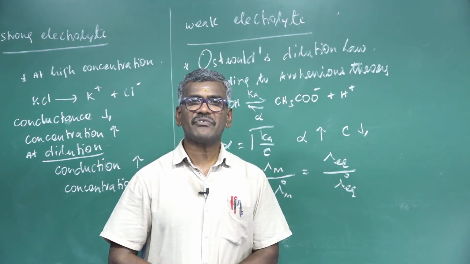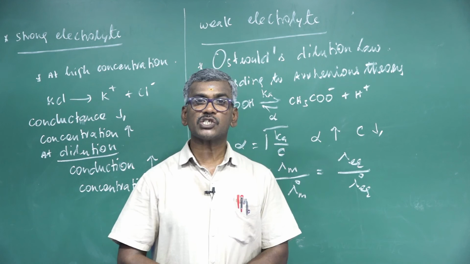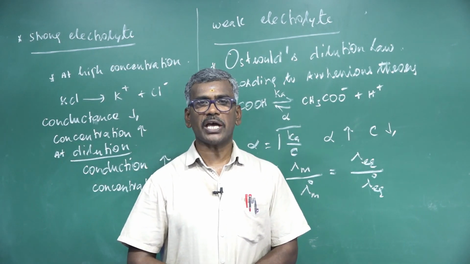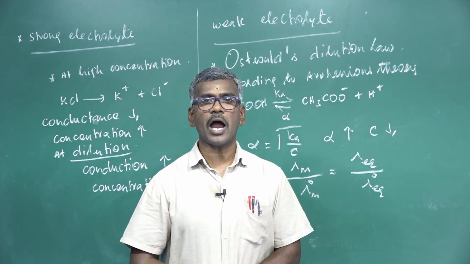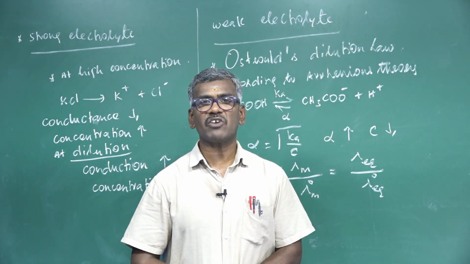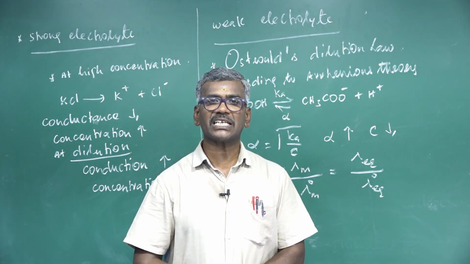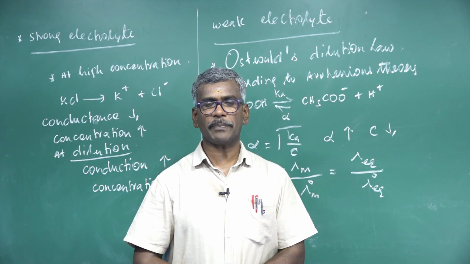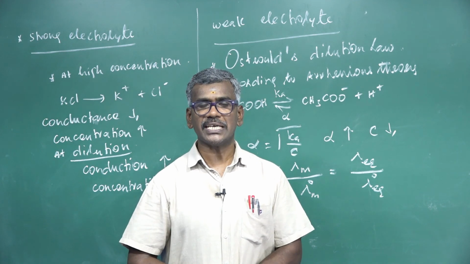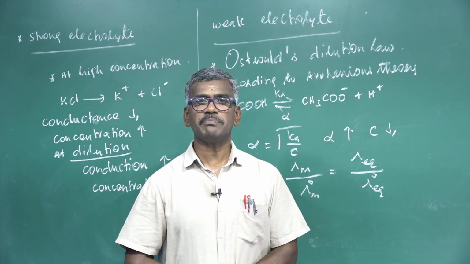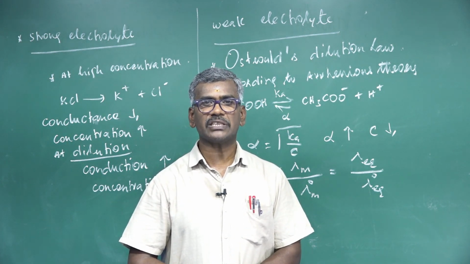Another one is the variation of conductivity, equivalent conductance or molar conductance with concentration for strong and weak electrolytes. On dilution, molar conductance and equivalent conductance increase due to the increased number of ions. More ions produce more conductance. However, conductivity decreases on dilution. Why? Because the number of ions per unit volume carrying the current in the solution decreases. This is the variation of equivalent conductance, molar conductance and conductivity of electrolyte with concentration.